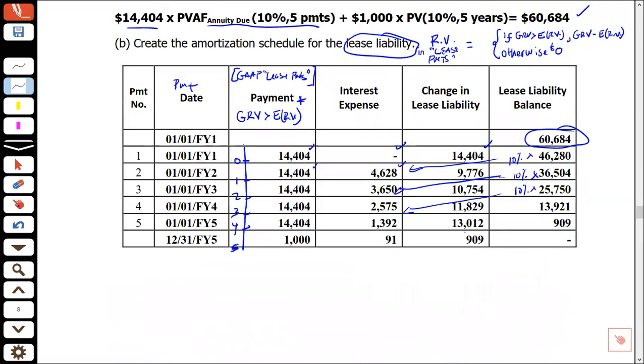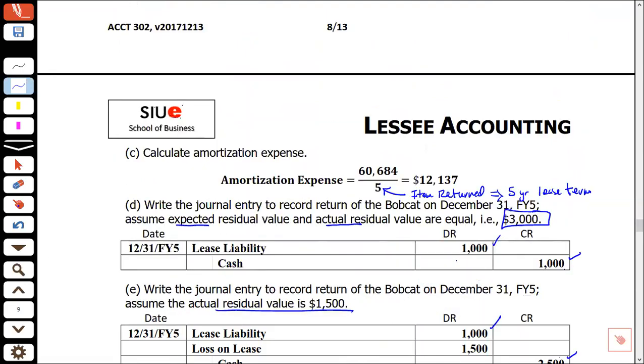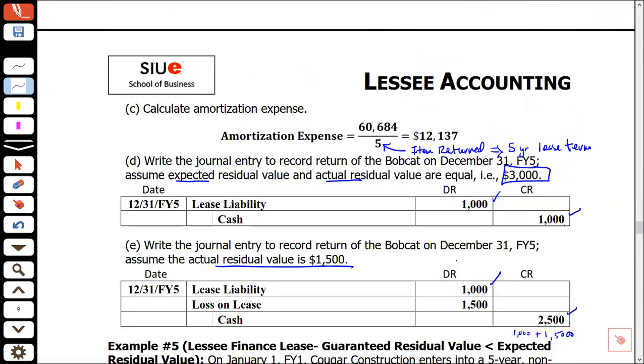Let's look at the schedule. We have 1,000 right here, 91 in interest and 909 in lease liability balance. So we're not going to mess with that. It wouldn't make any sense. It's going to mess our schedule up. Instead, whenever we have negative surprises, we put them in loss. And this one's a loss on lease. Okay, so that's how to deal with guaranteed residual values in finance leases,